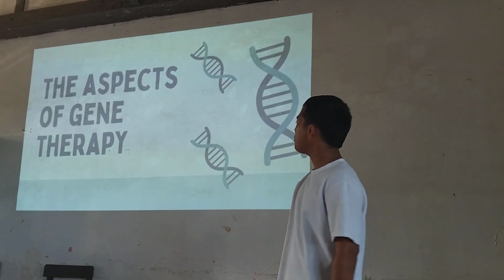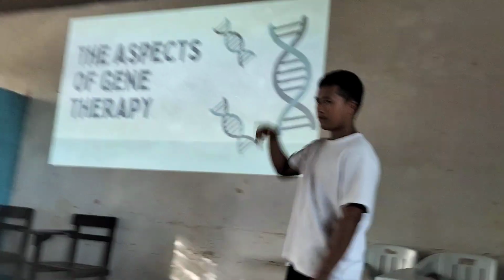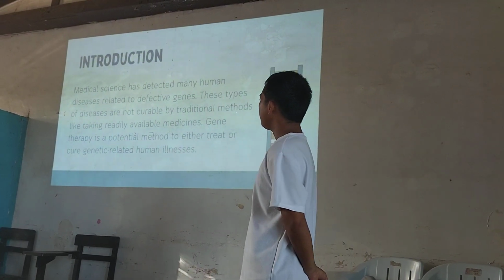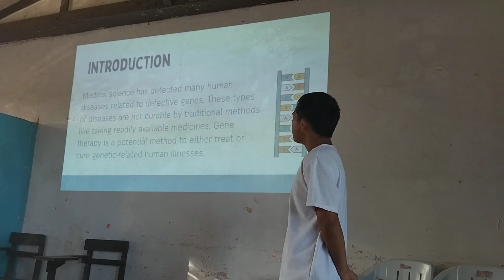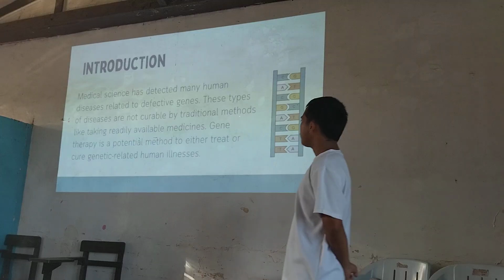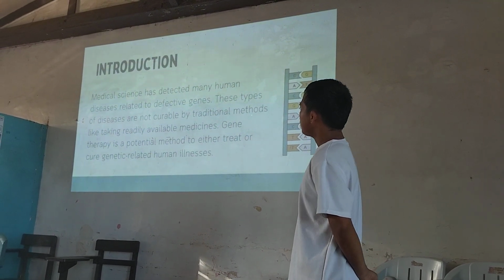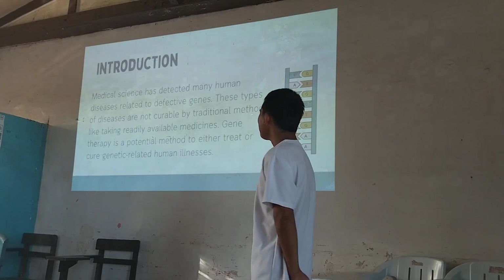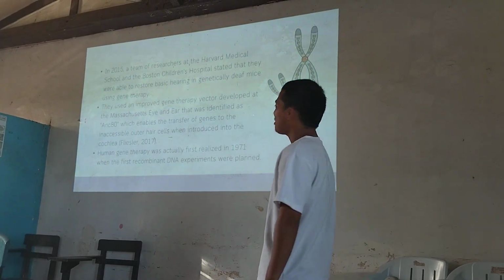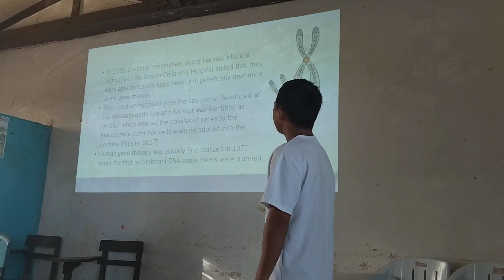So this is lesson 5, the aspects of gene therapy. Introduction. Medical science has detected many human diseases related to defective genes. These types of diseases are not curable by traditional methods like taking readily available medicines. Gene therapy is a potential method to either treat or cure genetically related human diseases. In 2015, a team of researchers at the Harvard Medical School and Boston Children's Hospital stated